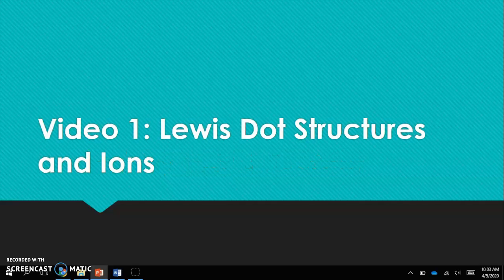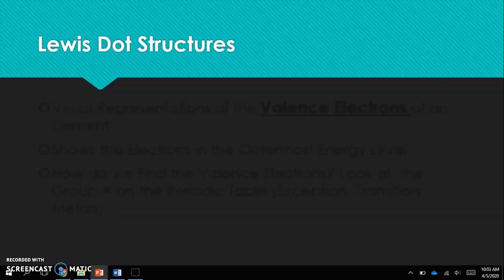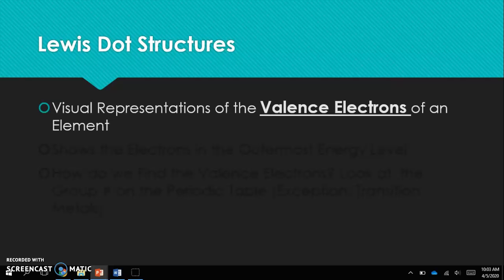So this first video is going to be on Lewis dot structures and ions. So let's start with our Lewis dot structures. Remember, Lewis dots are visual representations of the valence electrons of an element. When we do Lewis dots, we're looking at the valence electrons, which are those electrons that are in